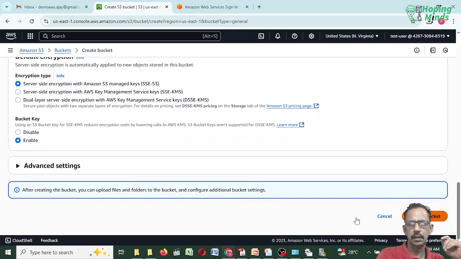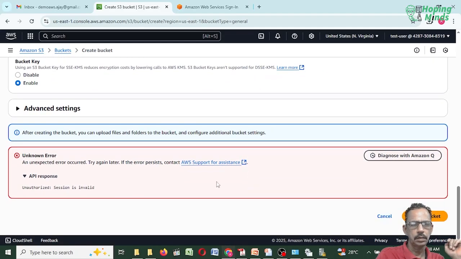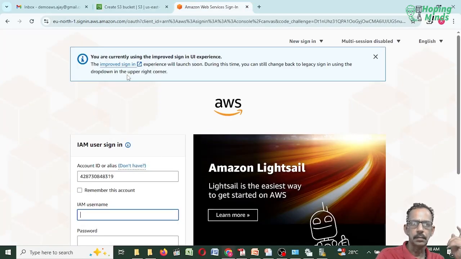You keep getting the error. Look, unauthorized, the session is invalid because you don't authorize him.